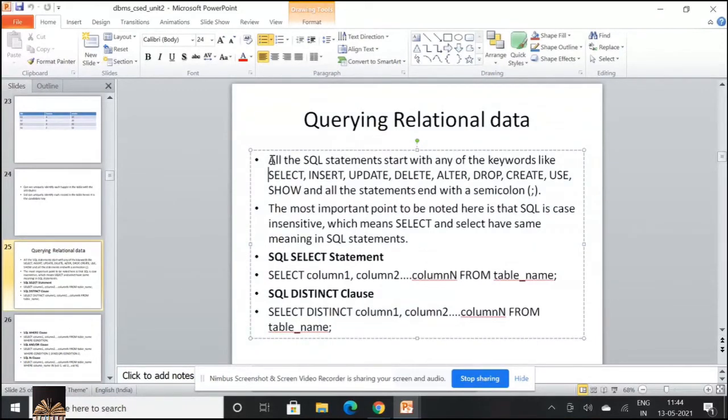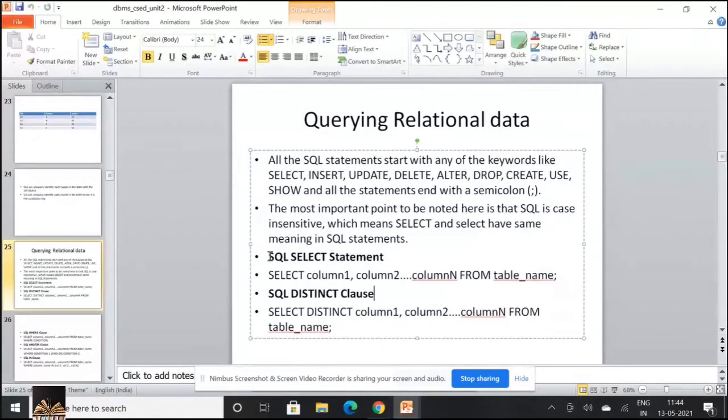And the basic form of your SQL select statement is select list of columns from a particular table name. So select column 1, column 2, so on, column n from table name.